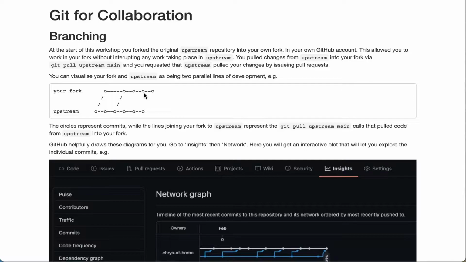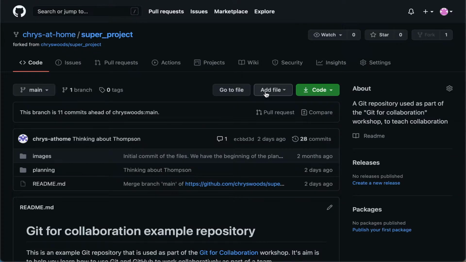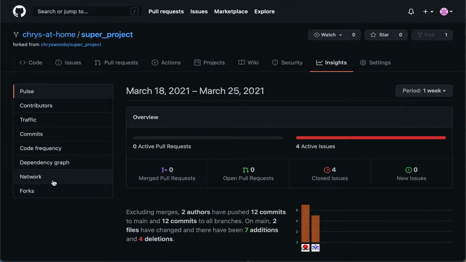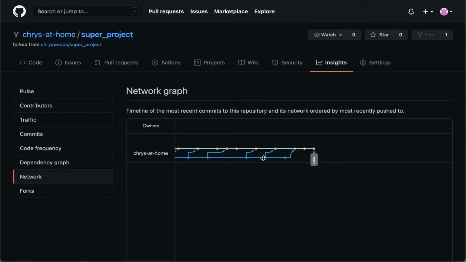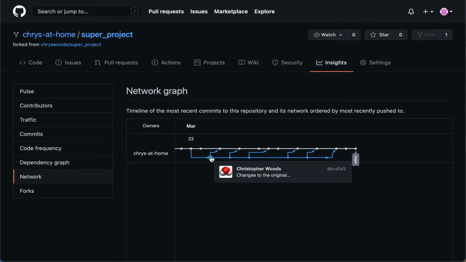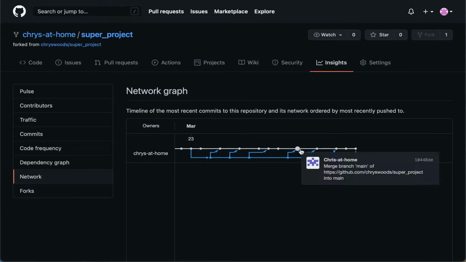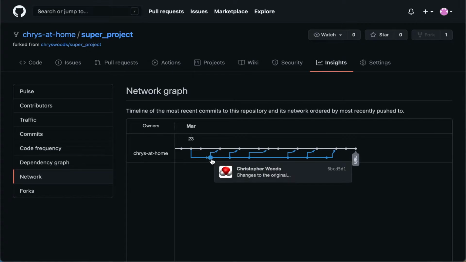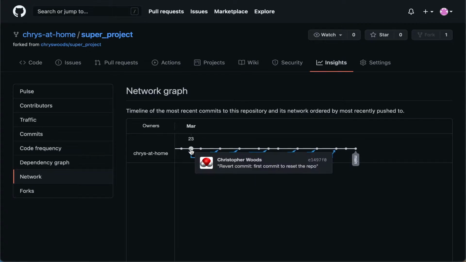And what's quite nice is that GitHub will helpfully draw these diagrams for you. So if you go to your project and then look under Insights and then come to Network, you'll see here we have this line and circles plot and we can drag it backwards and forwards. So we can see here, this is basically your Chris at Home branch, or your fork of the repository, and this is the original. So basically what we have here is we forked